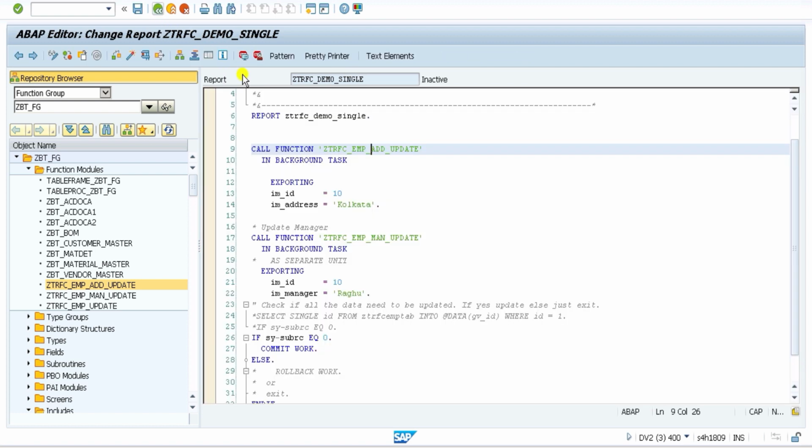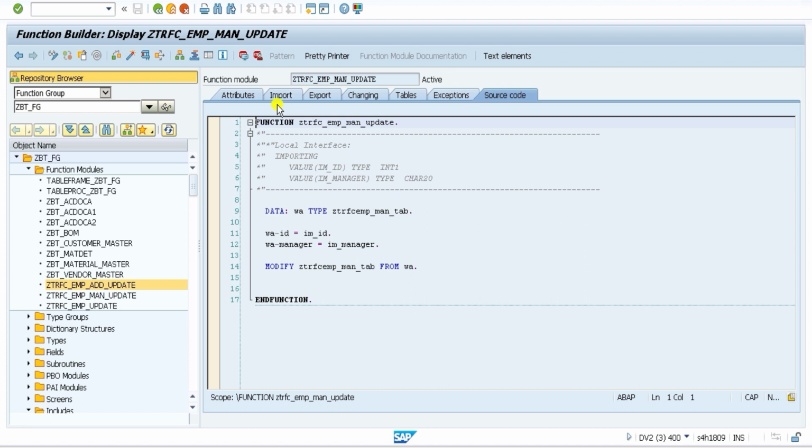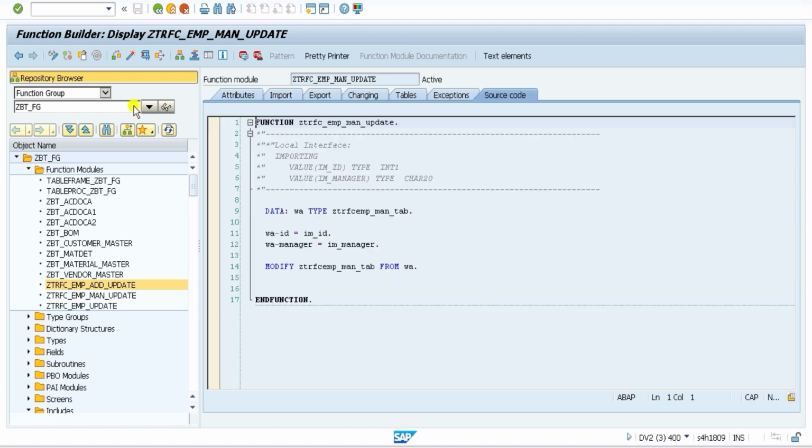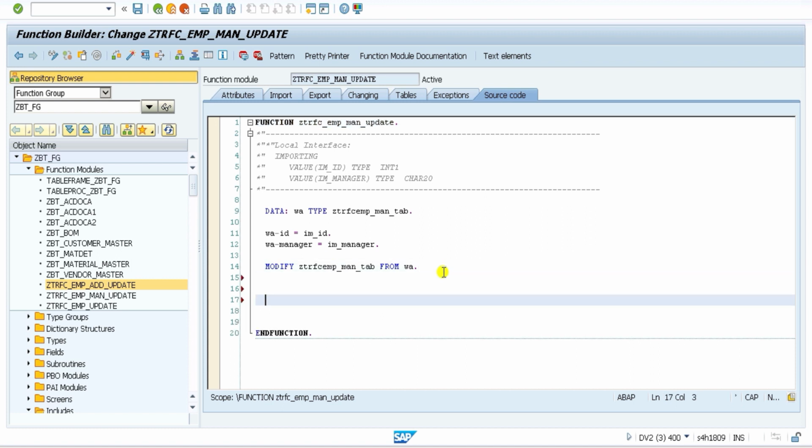Let's go and check the second function module. This is tRFC employee address update, and this is tRFC employee manager update. Two function modules we are having. So here also if you come and see zbt underscore fg, the same function group we are having, right? And here if you come, I will just write one more